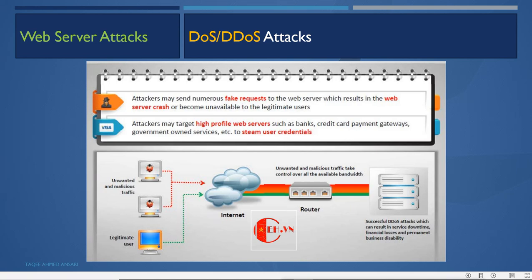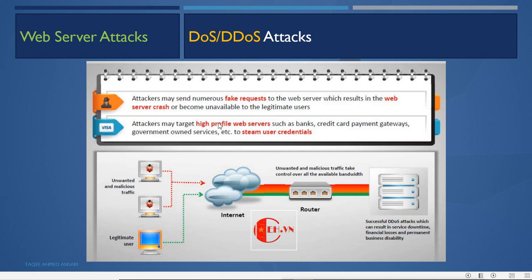The attacker may target high-profile web servers such as banks, credit card payment gateways, government-owned services, etc. to steal user credentials. Now, if the attacker is not able to crash the site from a single machine, what does the attacker do?